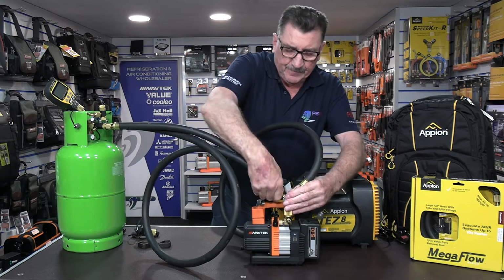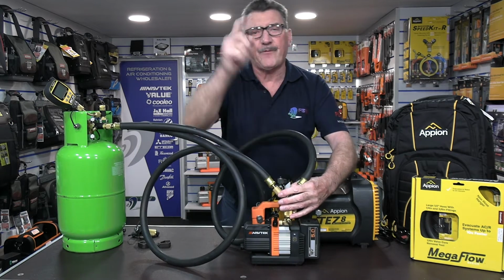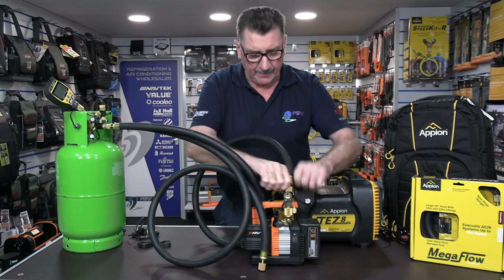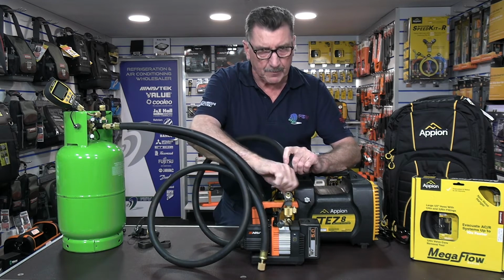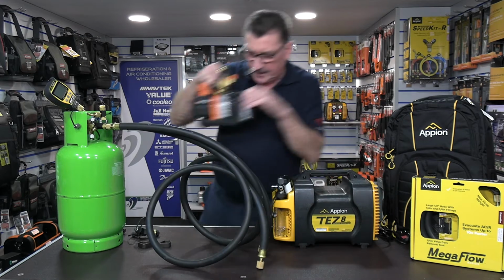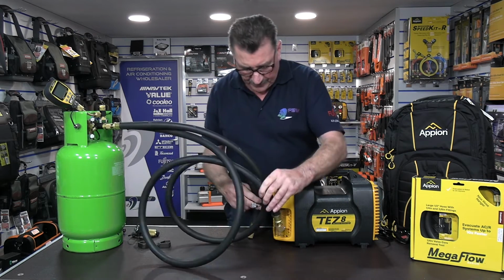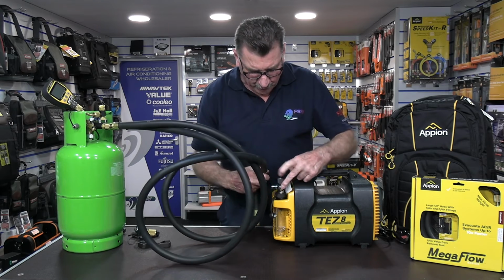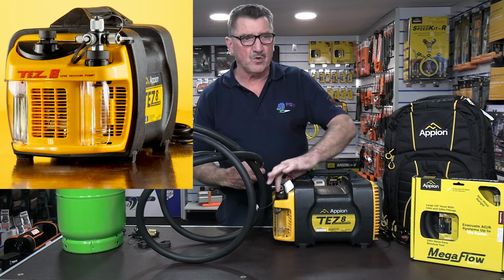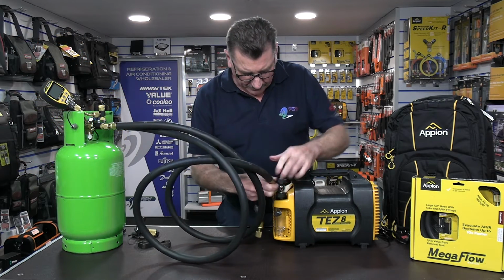What happens if you have, or most of you have, these larger pumps where they will have 4 ports on the top, a little bit like this TES 8 from Appion, which has multiple ports on there, okay? Well, that makes life a little bit easier, to say the least, because if you want to use multiple hoses on there, with this one, we've got 2 3/8 ports, 1/2 inch and 1/4. Well, this port actually moves, as you can see, okay? So we're going to go 3/8